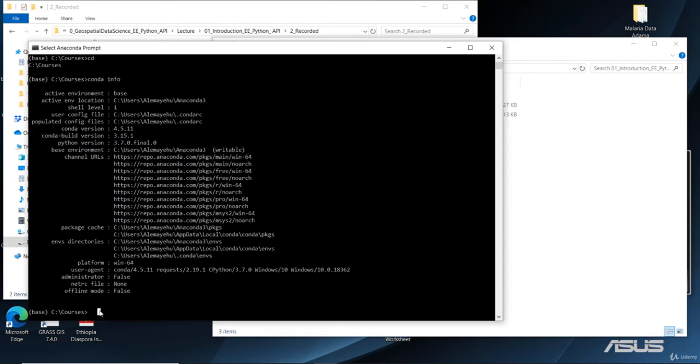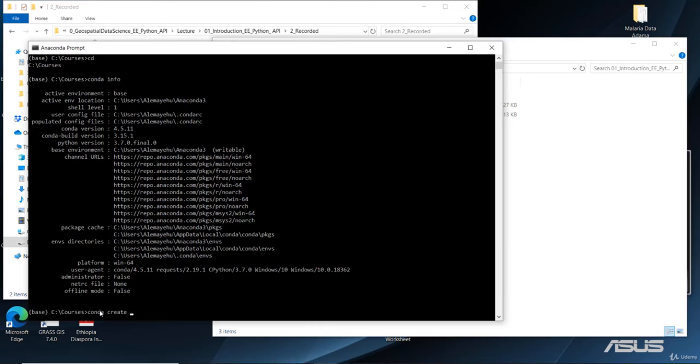All right, the next thing is a very important step. You need to create your environment, your conda environment. That means once you have created a conda environment, you'll activate it and you'll be working in that environment for the entire course. Okay, so to create your environment, we need to type conda